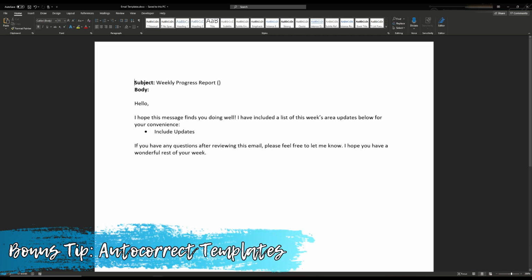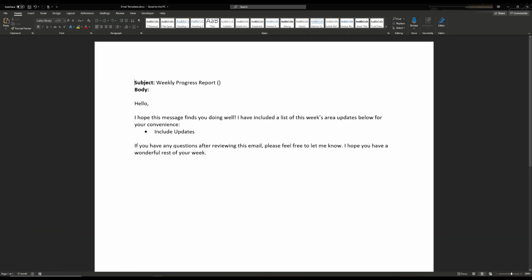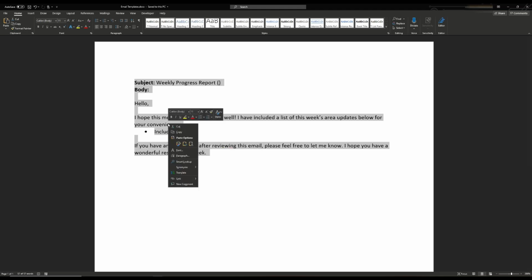Let's make your work life a little more efficient though by teaching you bonus tip number 1. This tip takes advantage of Word's autocorrect feature to allow you to use shortcut phrases that expand into larger pieces of text. Here's how it works. You'll want to first copy the block of text you want to replicate quickly. In this case, I'm going to select my weekly progress report template by dragging my mouse over it, right-clicking, and